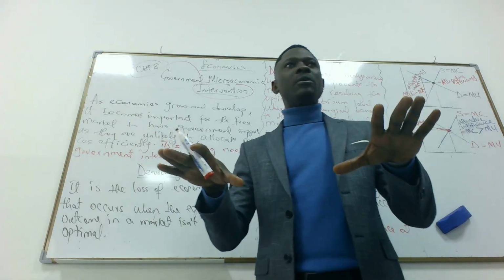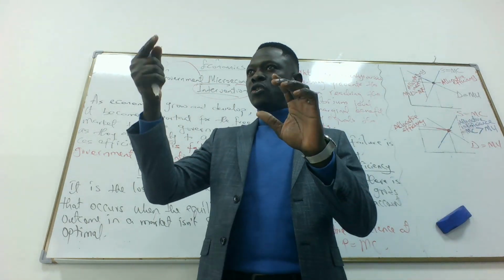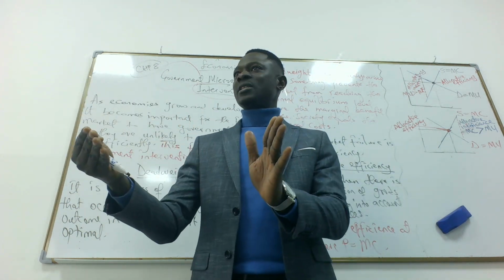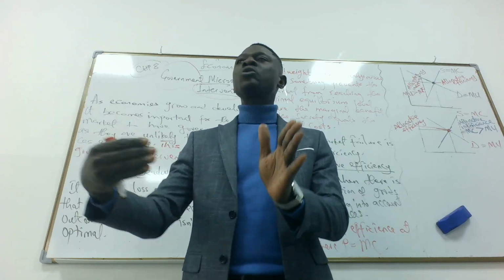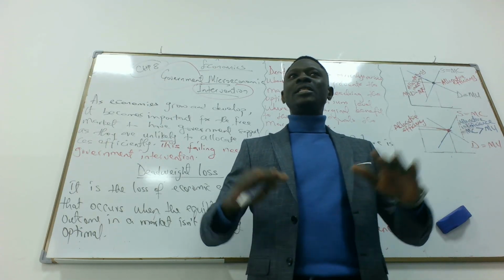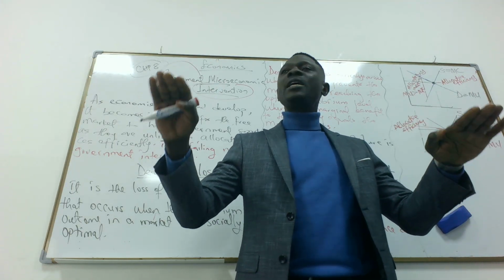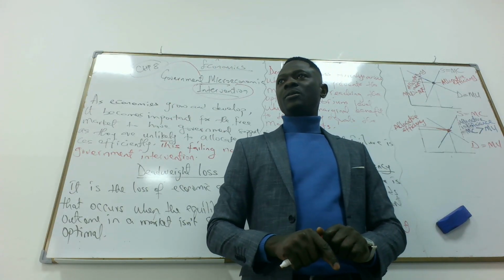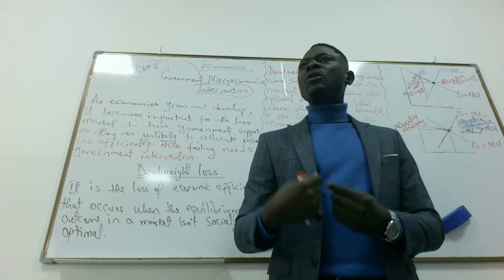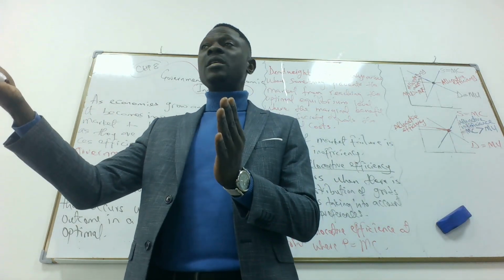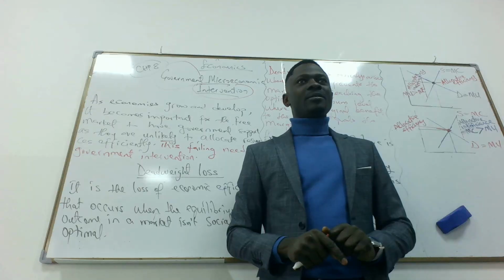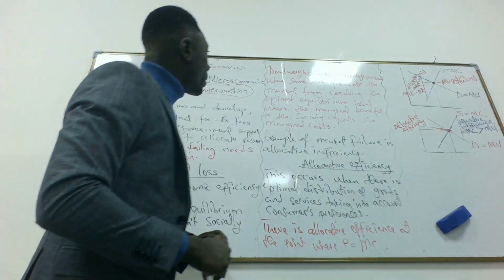At the optimal level, it means MU equals MC. We have enough resources to produce goods and services for those who need them, and they have the ability to pay. So the optimal level is where your marginal utility equals your marginal cost, which is your price. Do you get MU equals MC here? Yes. If your MU is greater than your MC, or your MC is greater than your MU, it is a deadweight loss. Do we get the point I'm making or not?